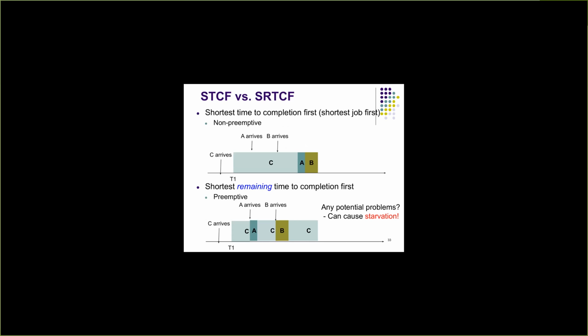So another variation of SJF is SRTF. Here, basically, this is a preemptive version of SJF. SJF is non-preemptive because we never stop or pause the running process. We never snatch the CPU away. Whereas SRTF is a preemptive version of SJF where we make a scheduling decision in real time whenever a